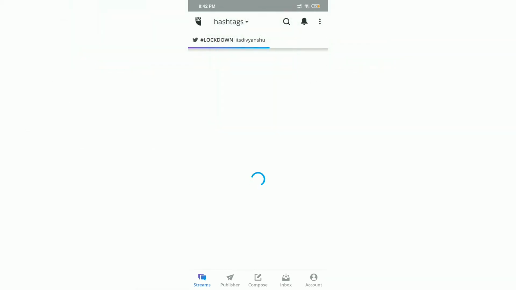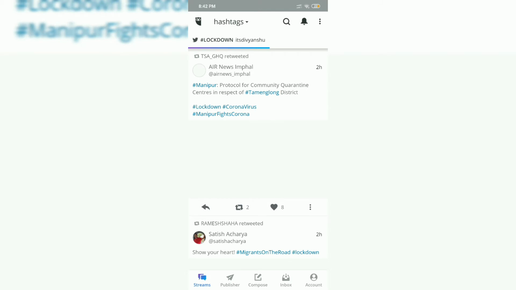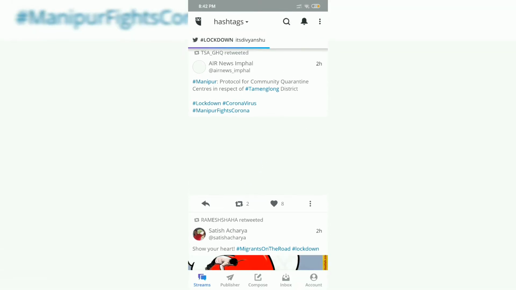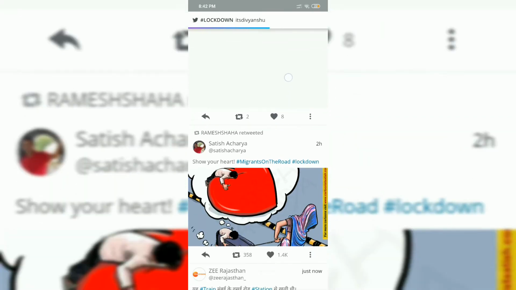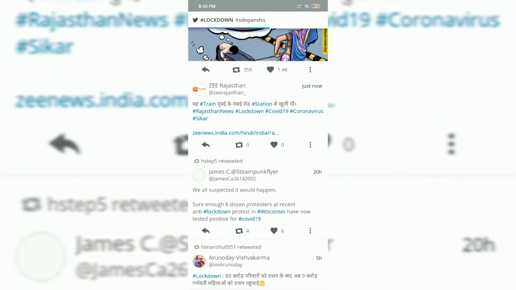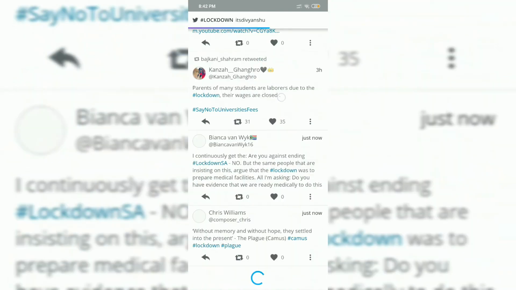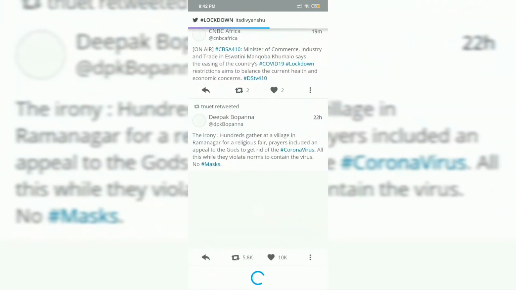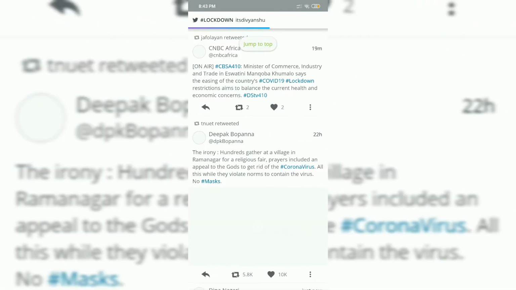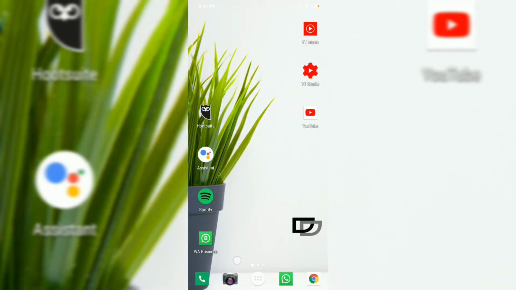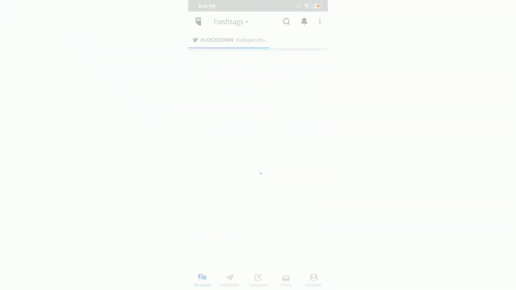When I click here, you can see what people are posting in Imphal. They have used this lockdown hashtag, and you can see all these hashtags that are available. This is how you can keep track of your branded hashtags. You can add them here and keep track of them. Let me go back.